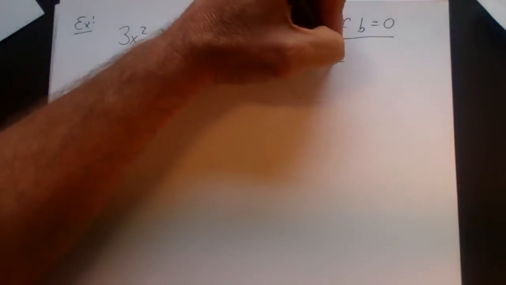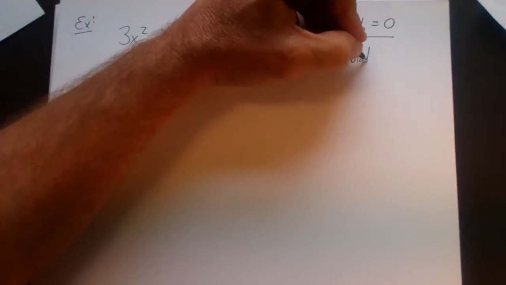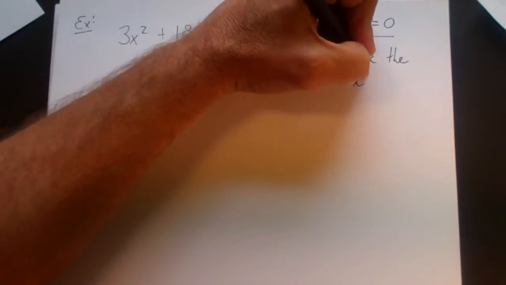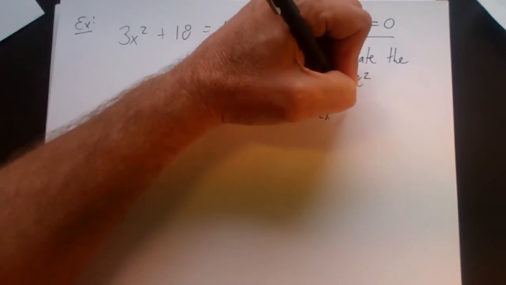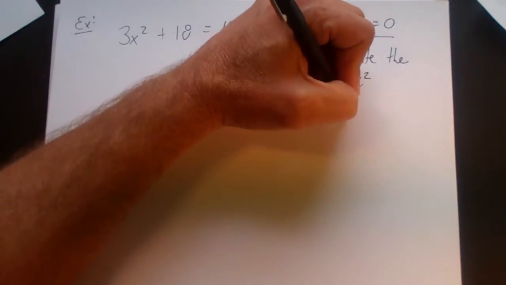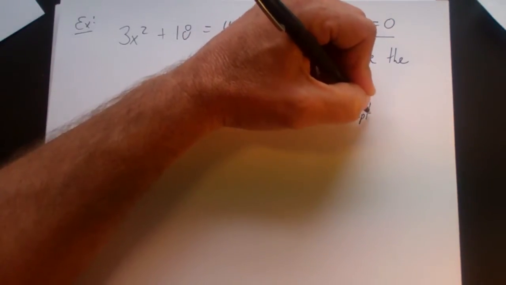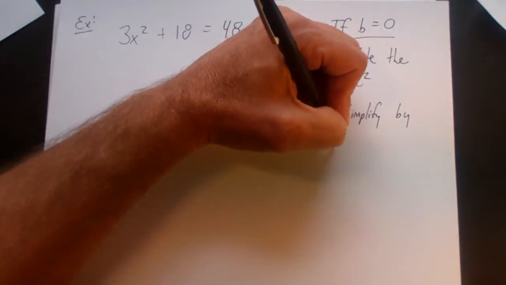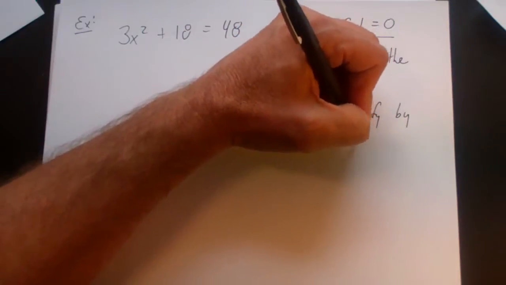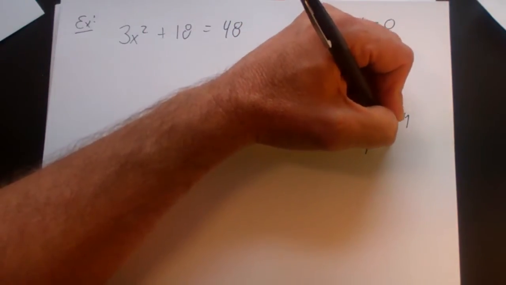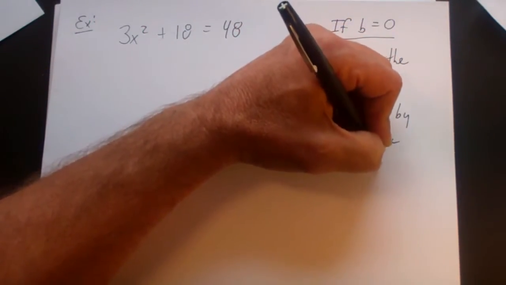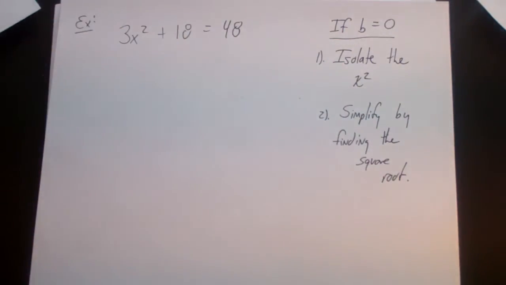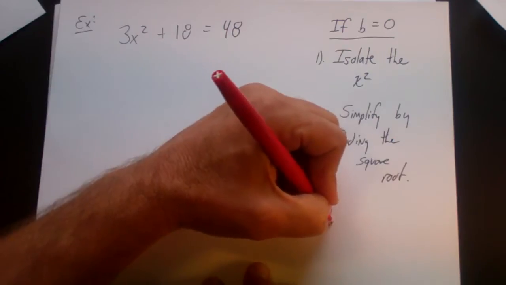The first step is you isolate the x squared term and simplify, and the second step is you simplify by finding the square root. And there's something you never forget when you find the square root: you never forget your plus or minus. So let's write that down. Don't forget